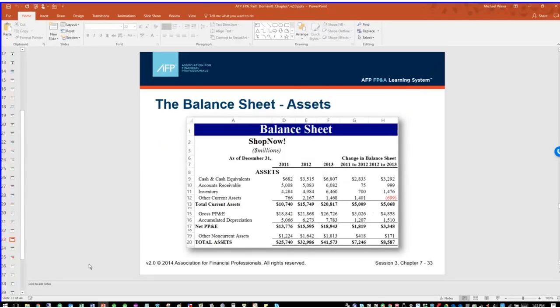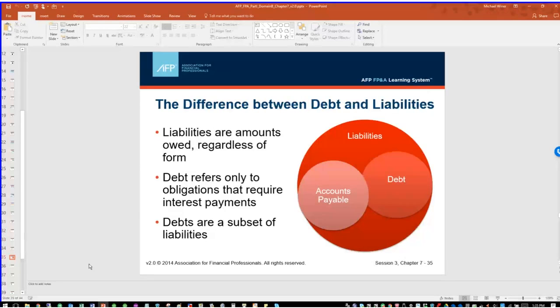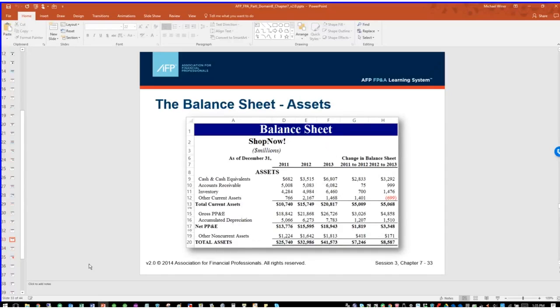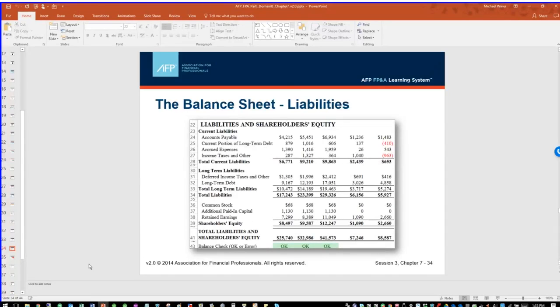Okay, so then they go through the balance sheet. Oops, the one piece to point out here. In this spreadsheet, on line 43, which is the very, very bottom, you see a balance check. That's always a strongly recommended practice. Someplace in your model, make sure you have lines that check to make sure that things are in balance. Basically, that your row 41 equals your row 20. Here I got 25,740. And here I've got 25,740, so they're okay. You can hide these or whatever, but you certainly do want to have them. If they don't equal, something's wrong in your model. So it's important to have that checkpoint.